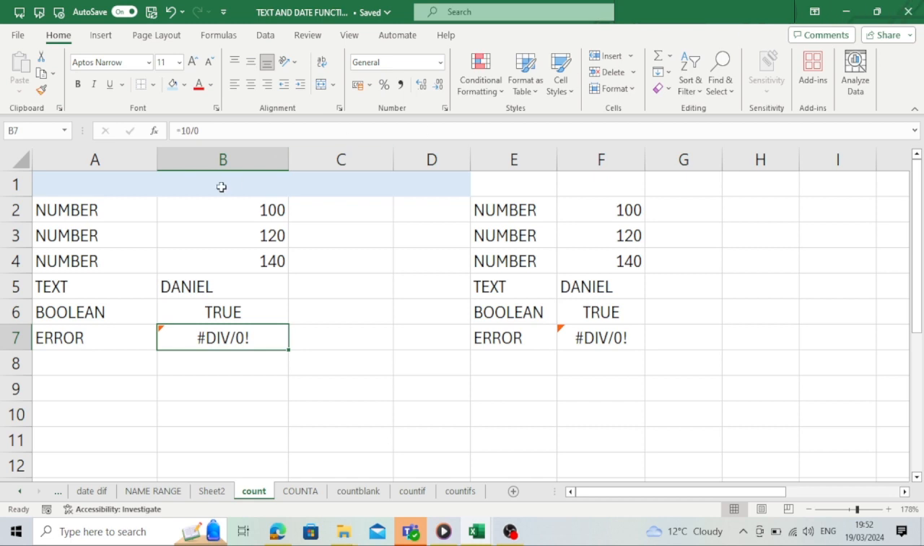We have in this example cells B2, B3, B4 containing numbers. We have B5 containing text. We have cell B6 containing a Boolean value, which is true. Remember, Boolean values are always in the middle. And we have an error value here, a division error. We're trying to use the count function